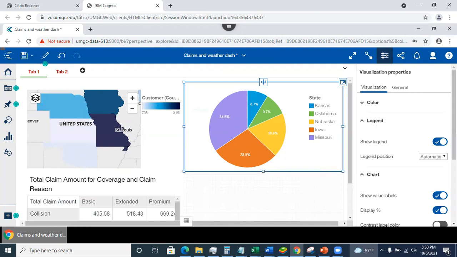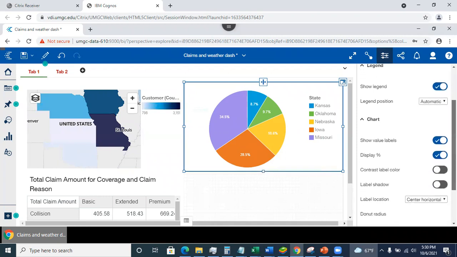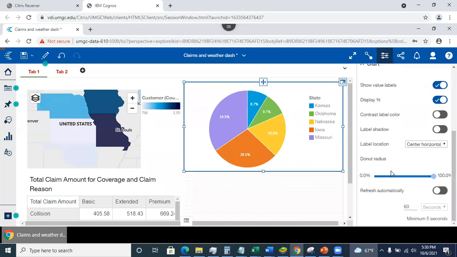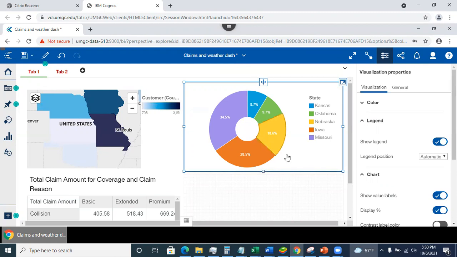You can do that. And then also you can specify the variations that you want. Like here, I can specify the radius. So here it will make my chart look like a donut. The properties that I see are based on the visualizations that I'm